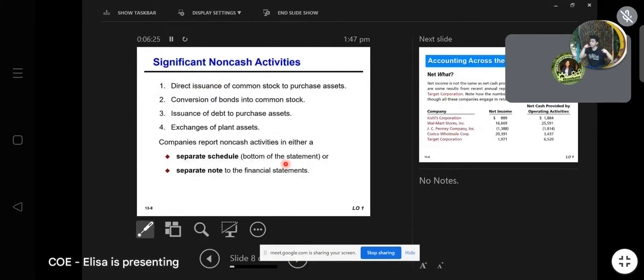Now, there are also significant non-cash activities. Dili lang na siya non-involved nga transaction will be non-cash. So these are the typical example. Direct issuance of common stock to purchase assets. Or